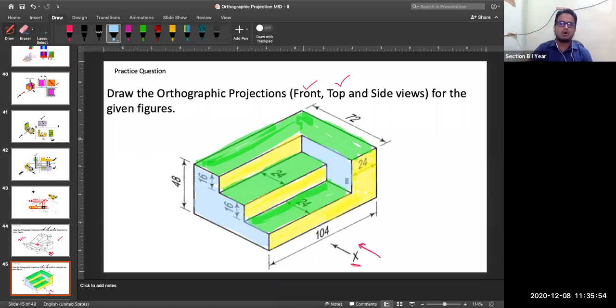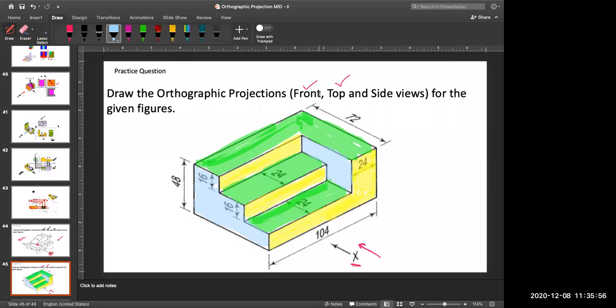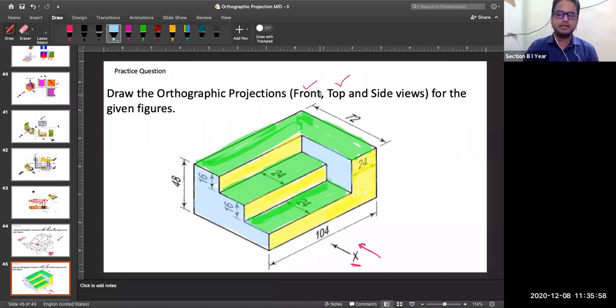You have to draw the top view and the front view, and submit it in your assignment number 2. Something is written there, na? Class practice. Assignment number 2 you have to submit. Classwork submission 2.